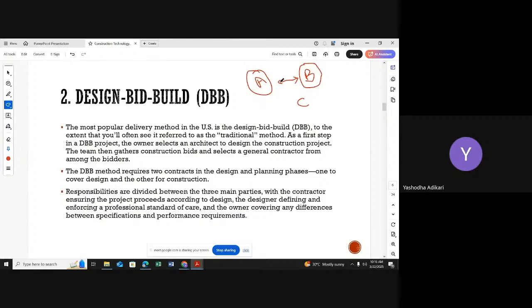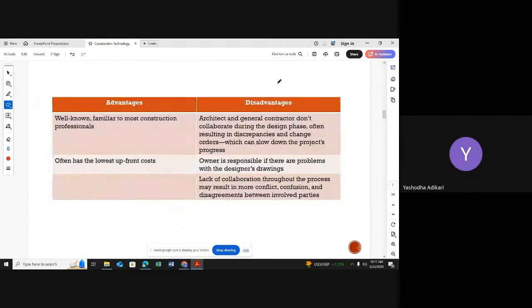Most projects definitely have a name board. If you visit a site, you can see it in front of the site. Read the board. Normally they mention who is the designer, who is the contractor, and what the project name is. In Sri Lanka also, most of the time the design part is done by a different company and the construction part by another company. For large scale projects also, we follow this design bid build method. We take very specialized qualified people for the design part and other qualified people for the construction part. But anyway, some disadvantages are there.